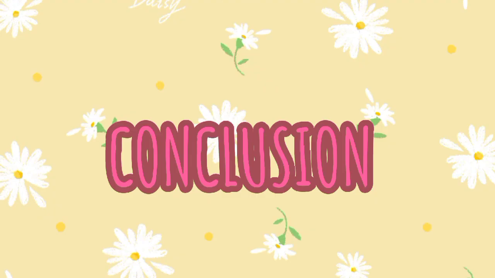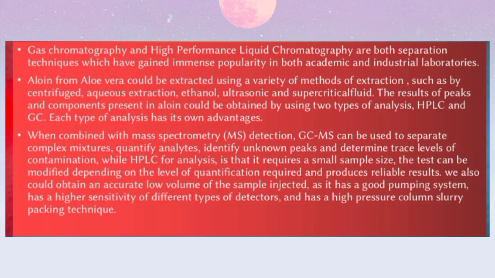As the conclusion, aloin from aloe vera could be extracted using a variety of extraction methods, such as centrifuge, aqueous extraction, ethanol, ultrasonic, and supercritical fluid. The results of the components present in aloin could be obtained by using two types of analysis, HPLC and